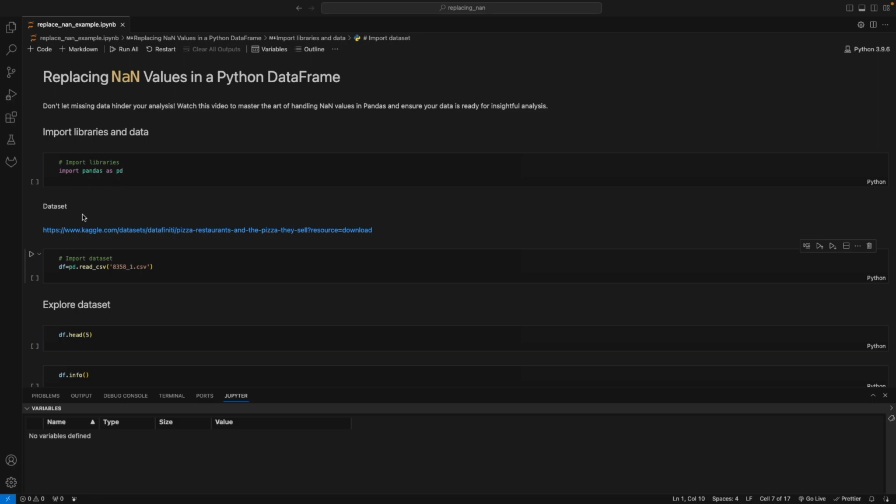Today we're going to cover two ways to replace those values. The first one is to replace it with a zero. We can also replace it with a mean or a median. We're going to do mean in this example, and we'll get into it. The first step here is to import our libraries and our data. So we're just going to need to import pandas as pd,